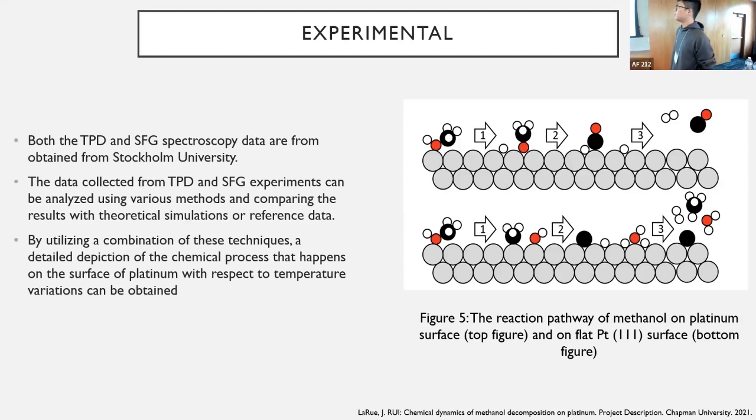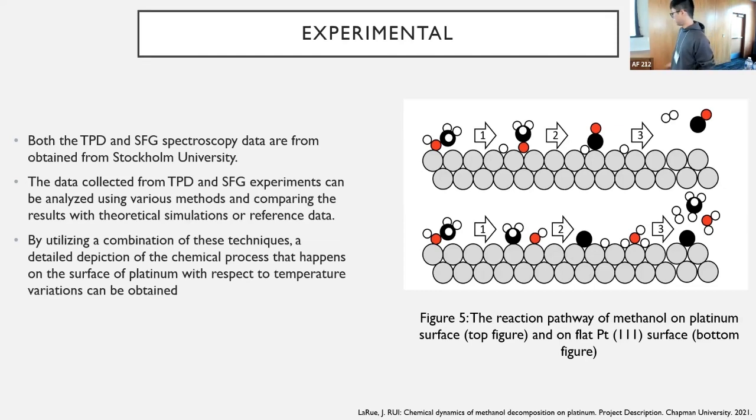But the data will be analyzed through various methods, mostly the SFG fitting theory, where we fit the peaks and compare with the theoretical results and reference data from major databases. And combining these two techniques will help us understand what happened on the platinum surface